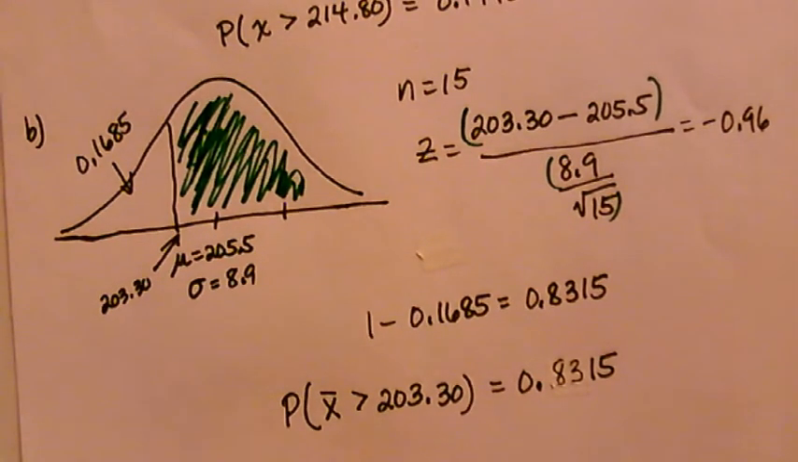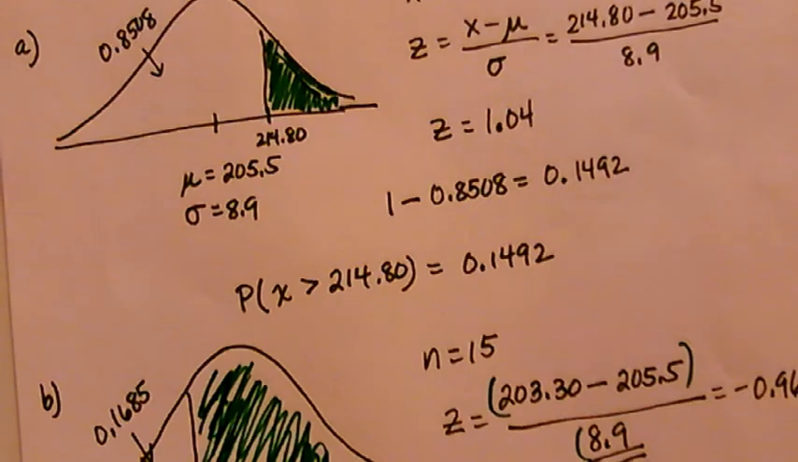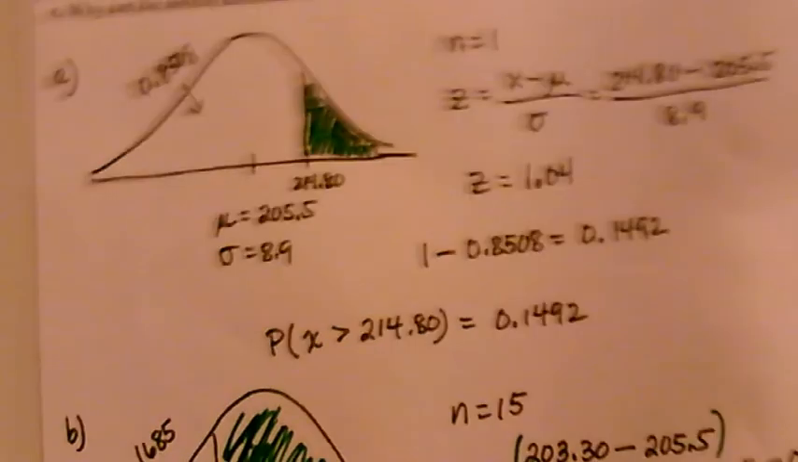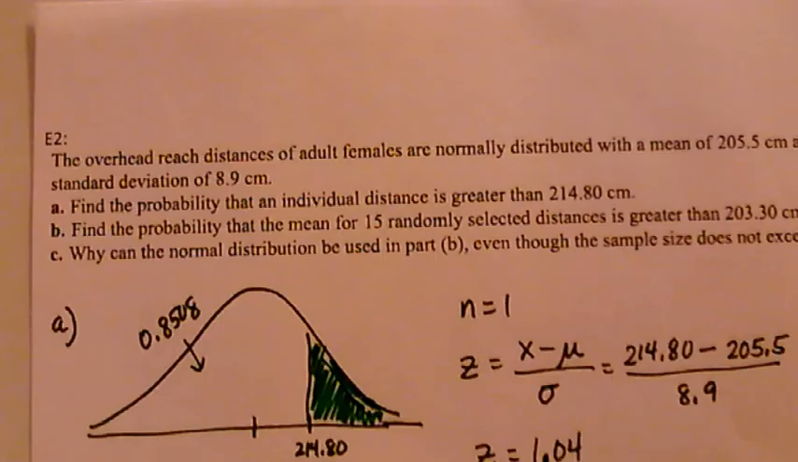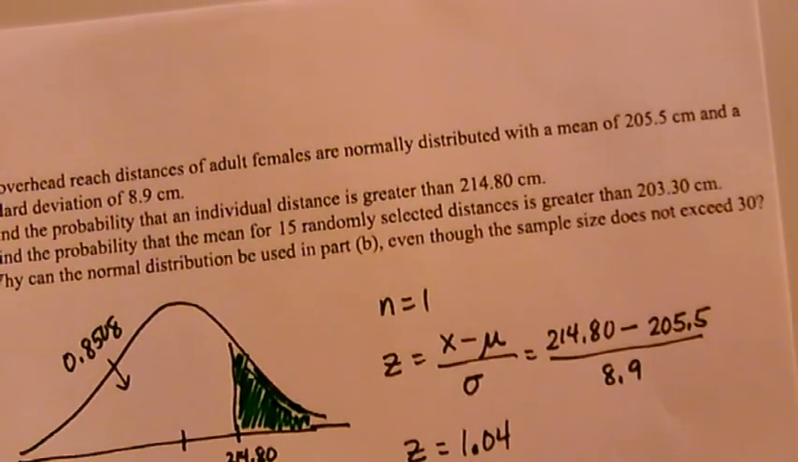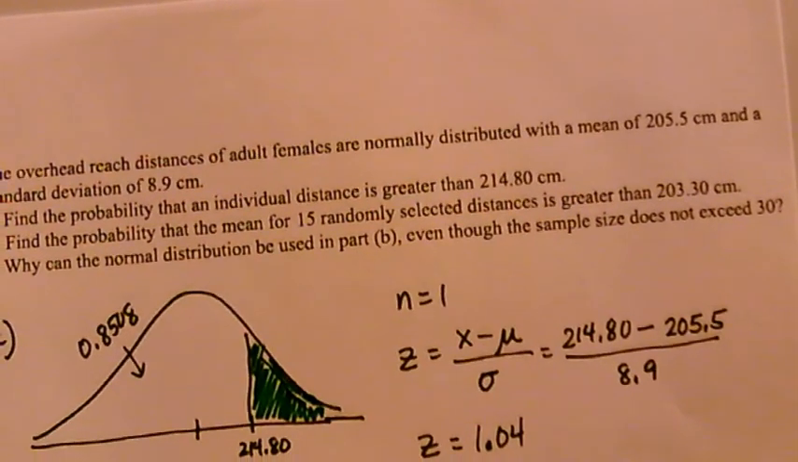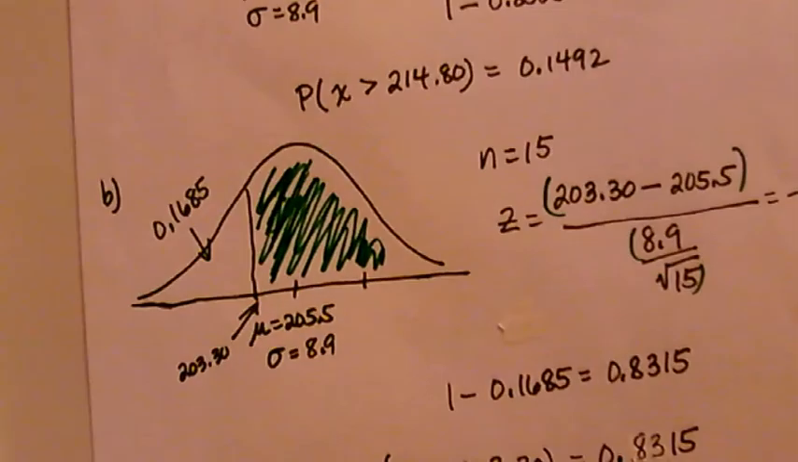And part C, why can the normal distribution be used in part B even though the sample size does not exceed 30? So that's part C. Now, when you read this problem, it does tell you that the overhead reach distance of adult females are normally distributed. So that's one of the requirements for applying the central limit theorem, is that you have to have a normal distribution. So here we can say